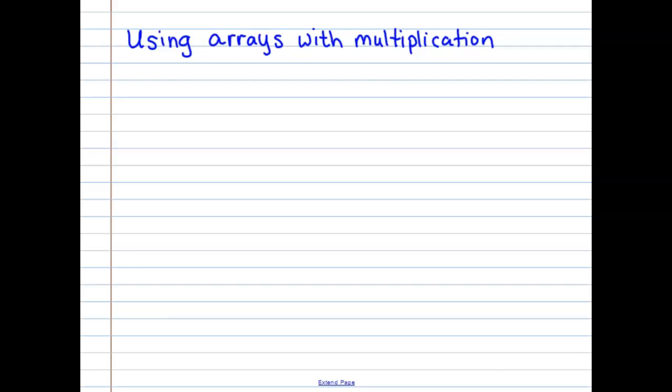Hi guys, today we're going to talk about using arrays with multiplication. Sometimes we're in a situation where we have two numbers to multiply and we really don't know what the answer is. So one of the tools that we have learned about using is an array in order to get that answer. So if we have the multiplication problem of 3 times 9 and we're not sure what that answer is,